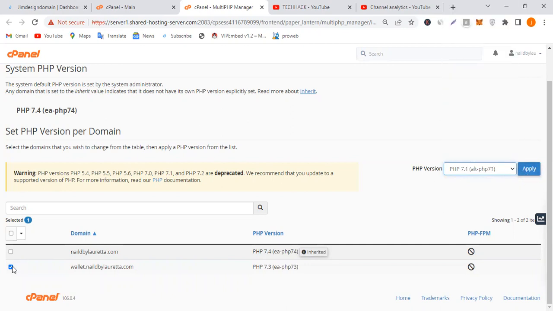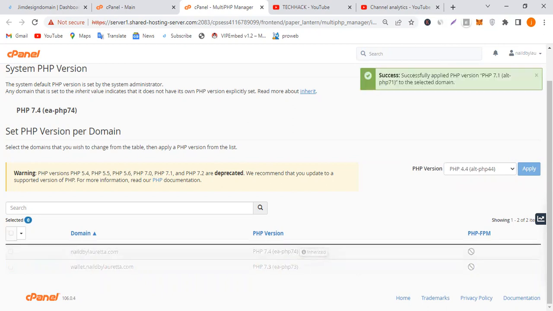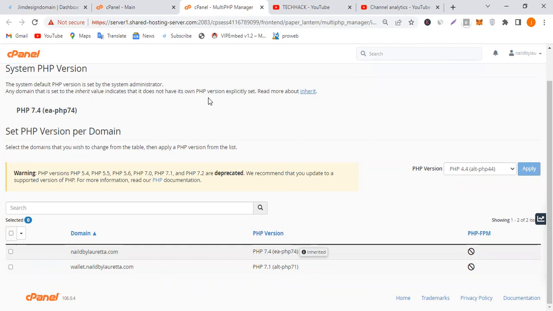Take note: make sure you click on the particular domain you want to change. So now I just come over to PHP version 7.1 and click apply. Once you click apply, it's going to change to this particular version. So that is how to change your PHP version